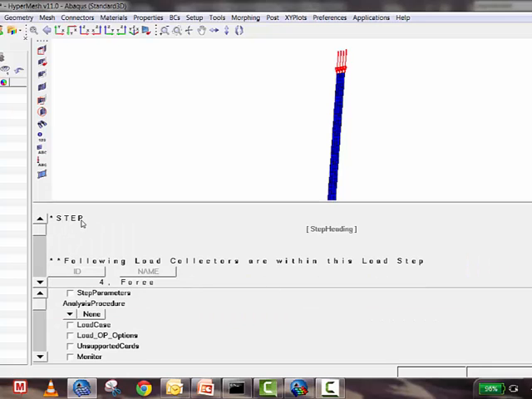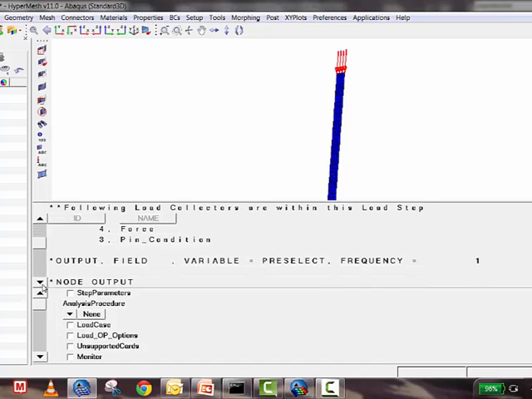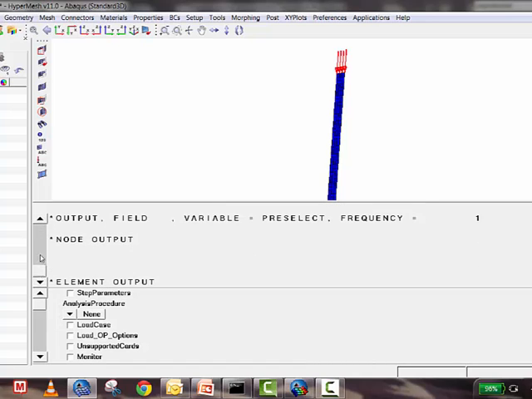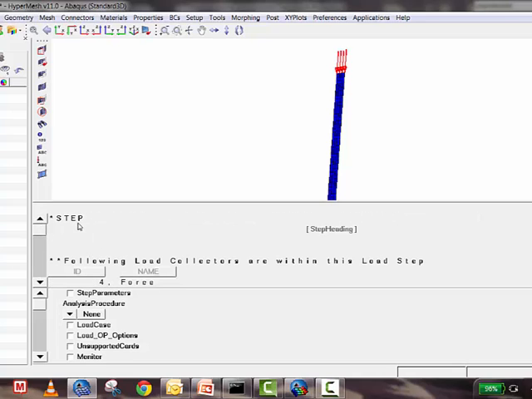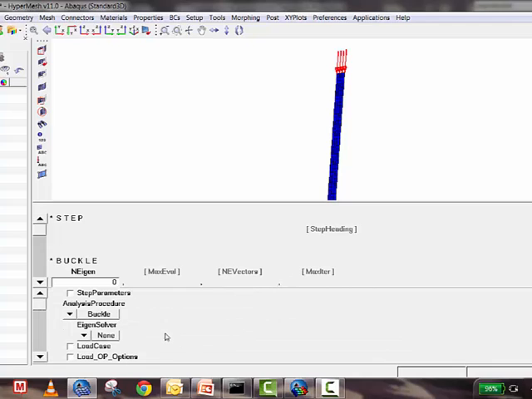So you see a star step, and then you see two collectors selected at the bottom, and then you see an output field. But inside the star step we have still not selected the method to solve this problem. For example, we have not specified this is a buckling problem. So now in analysis procedure you select buckling,